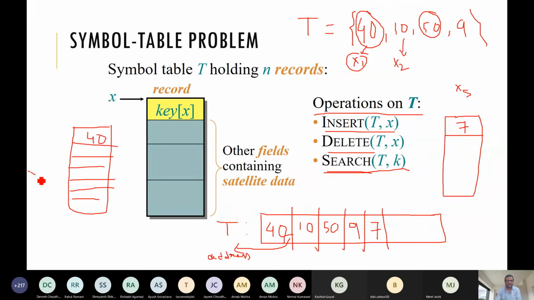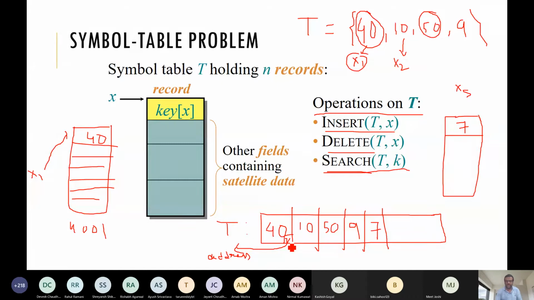So this is our x1 record. It is stored in some memory, say virtual memory location 4001. Somehow this 4001 should be stored here in order to fetch the actual record. But anyway, I am not going into those details. We just want to learn some data structure to store these key values.